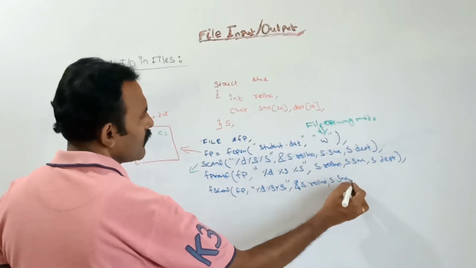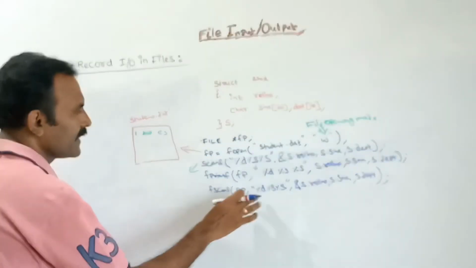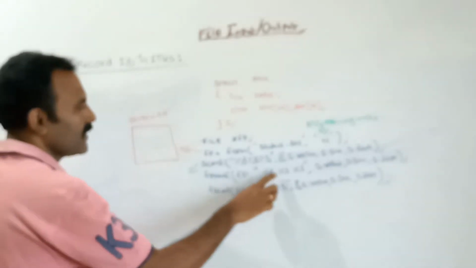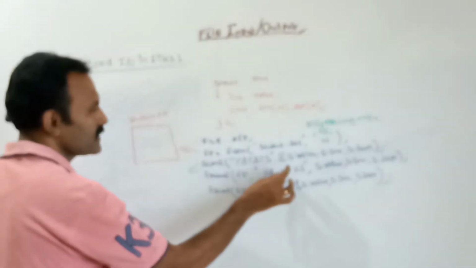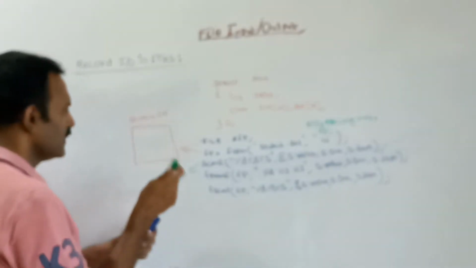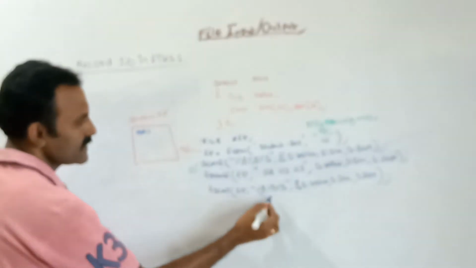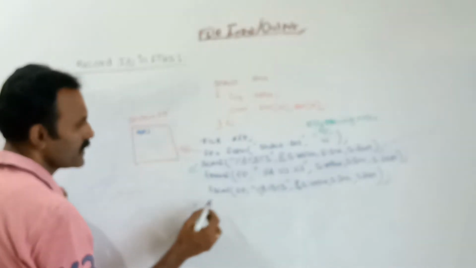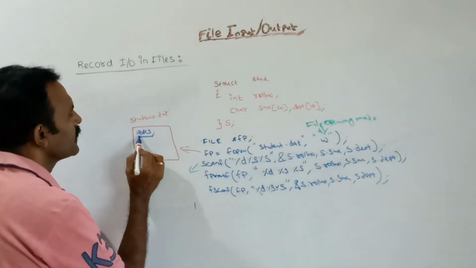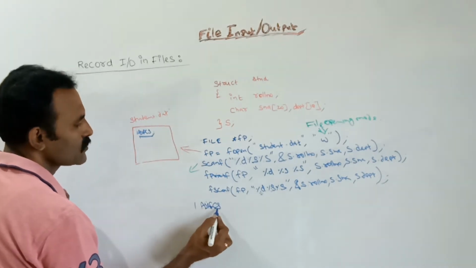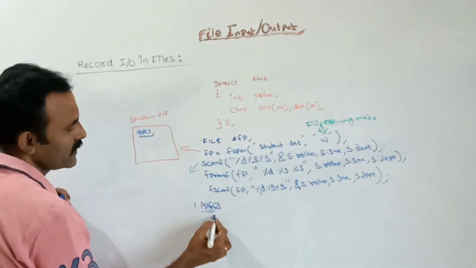See, while reading, suppose you are not leaving space here, and continually you give %d, %s, and store the data in the file. It will be stored like this: 1 asif cs without separation. While reading, this is integer data type, so first it will print the 1, next this string data type. So it considers asif cs, stored continually like this, as one string.